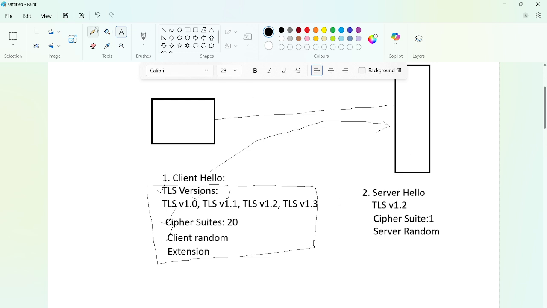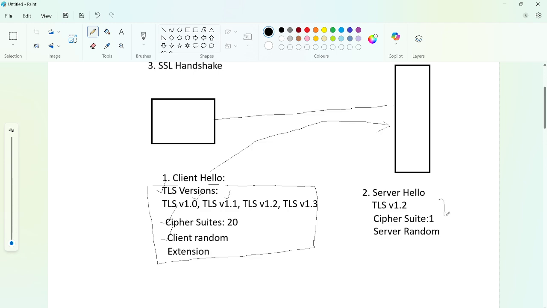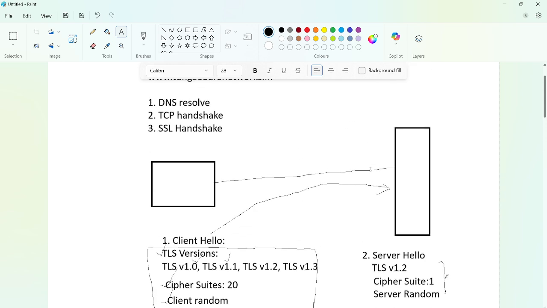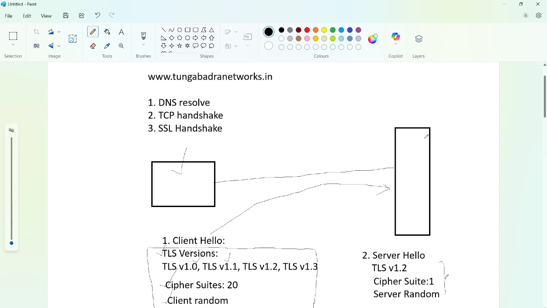Apart from this information, the server is also going to send the certificate along with the public key, okay. Why is the server going to send the certificate and public key? This server is located somewhere else on the internet, okay. In order to trust it, our client has to trust this server, right? Because this is somewhere on the internet, and we need to authenticate first, okay.